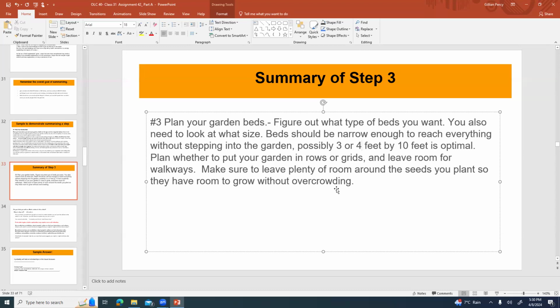So I feel like I've gotten the basics, but I haven't included every single detail. So when we're talking about summarizing the steps in the article about scholarships, that's what I'm talking about. Pick out the most important stuff. Don't give me all the details or you'll be writing like 6 pages worth of information, right?